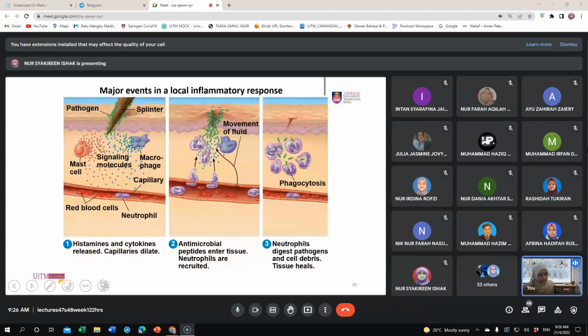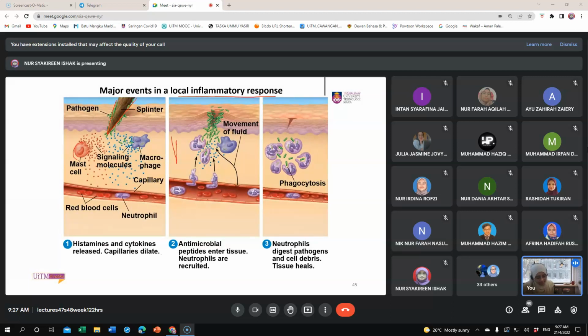Okay, so this is the diagram to show you the local inflammatory response. For example, you prick yourself with a splinter, a pin, or a hijab pin, whatever. Obviously the pin that you inserted into your skin is not clean. Okay, it is not clean. It has pathogen on the surface of it. Okay, so this causes mast cell